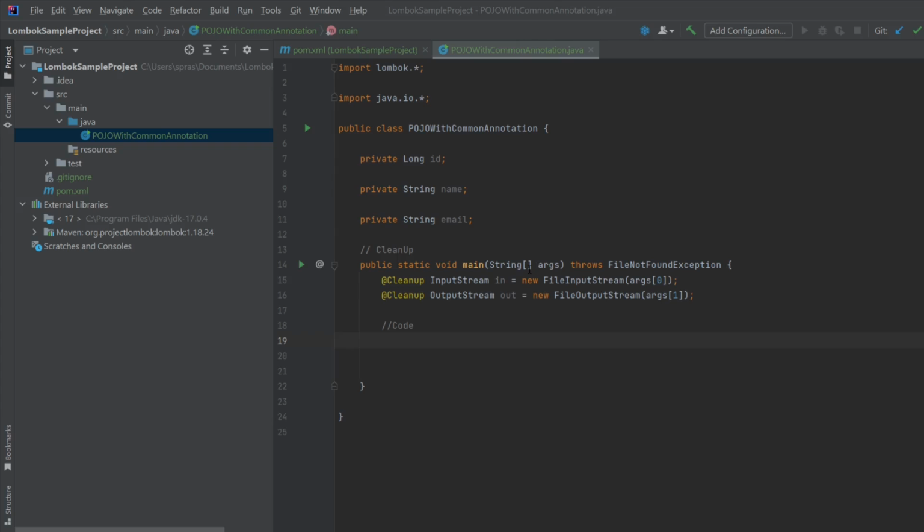Now let's say that we have an object which we want to have a lock on, right? Let's say for read access, for write access, or for both. That depends on us, right? So we can use synchronized keyword for that very same purpose. So here we are going to use Lombok annotation, which is again of the same name, synchronized. So here let's say that I want to lock on my ID variable. So what I will do here is I will have, let's say, a method, let's say get set go,